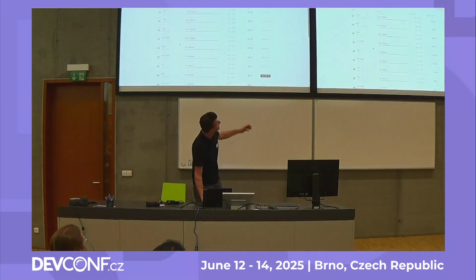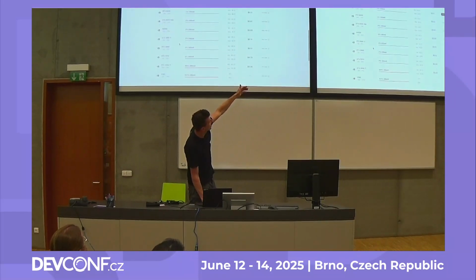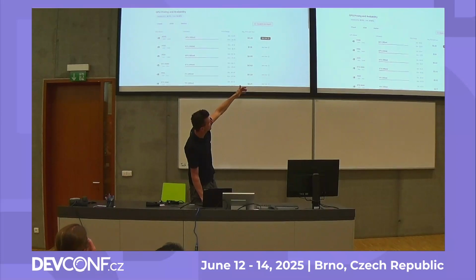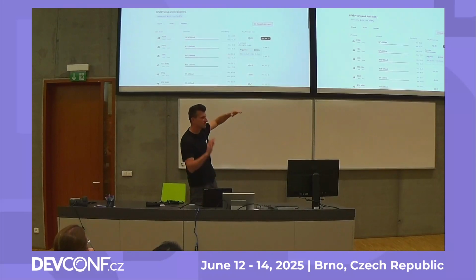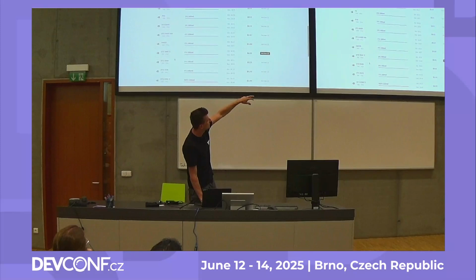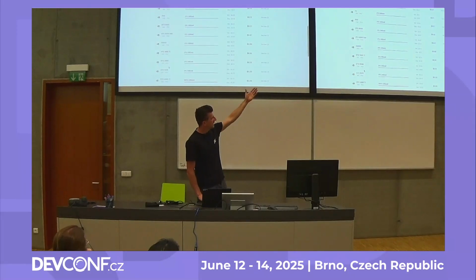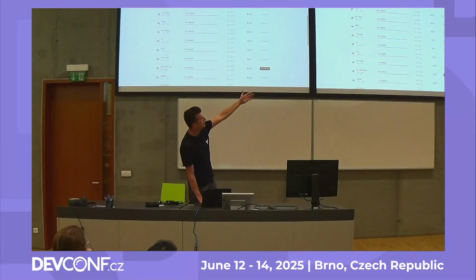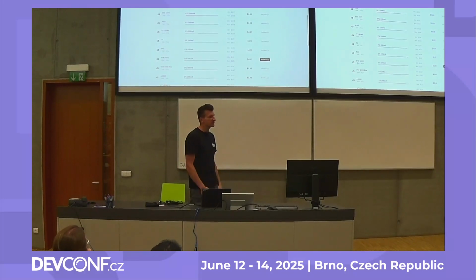So here is just a list of GPUs available in Akash Network. You can rent an H200 for $2-something an hour. It's actually pretty cheap because the providers compete with each other for the price and for the users. There is reasonable utilization of these. There are even smaller, older, less powerful GPUs that are sometimes useful. I use them if I want to play with something and I don't have a 20 gig or 48 gig GPU at home. I will rent this for a couple of hours, play around, and then maybe deploy it on a better GPU later on. So even providing this type of compute is useful to the decentralized cloud.